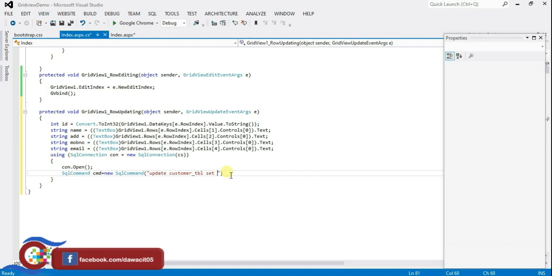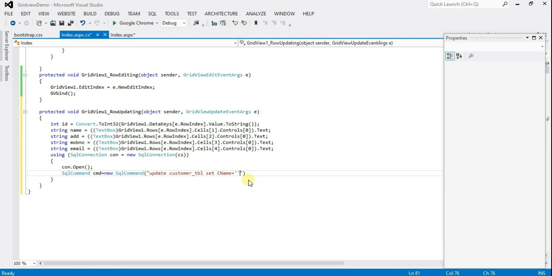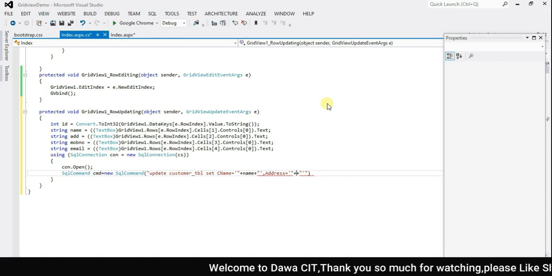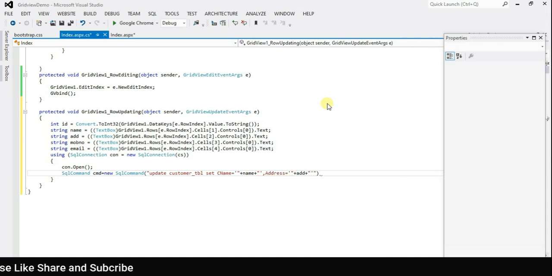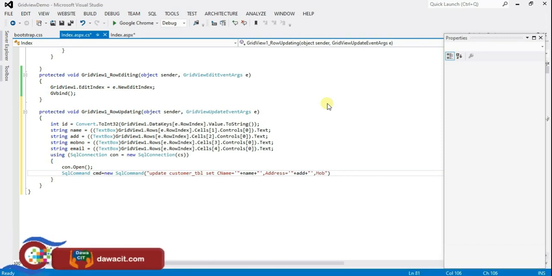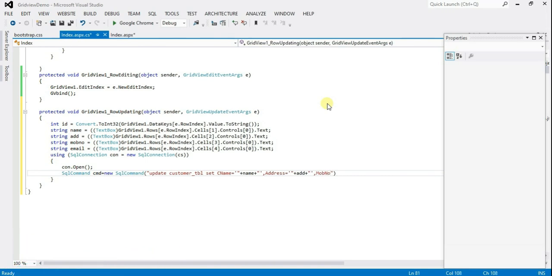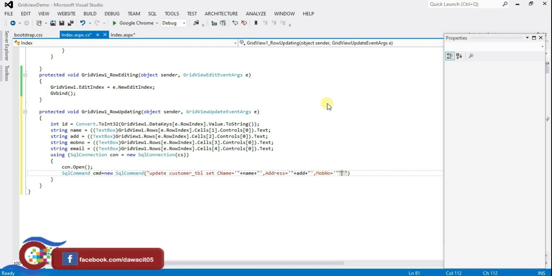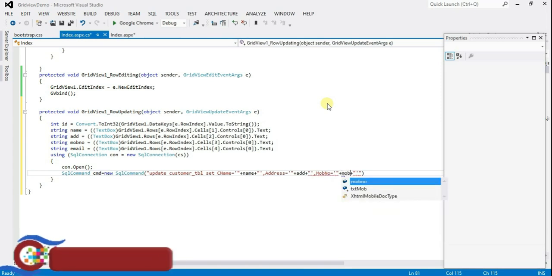Set cname equal to single quotation mark, double quotation mark, plus plus, type this name, comma, address equal to single quotation mark, double quotation mark, plus plus, add, comma, mob no equal to single quotation mark, double quotation mark, plus plus, mob no,